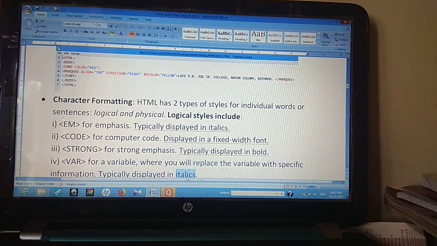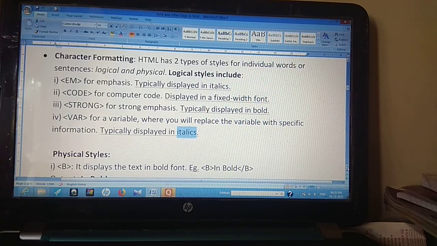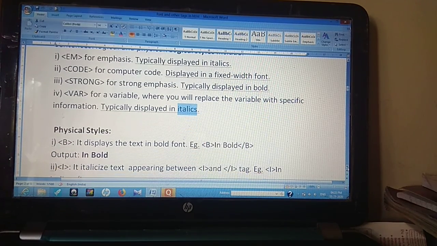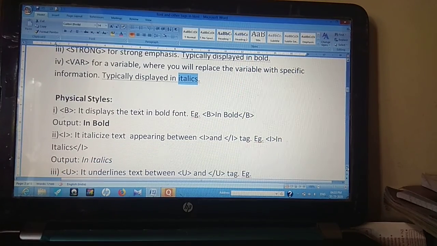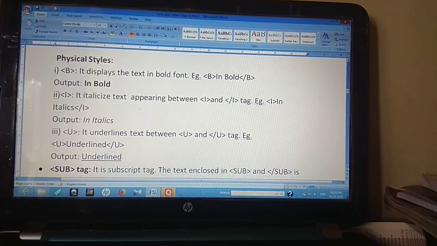The VAR tag helps us define the character formatting of variables that we are using in HTML, giving specific information about them. So these are the character formatting tags, which are divided into physical style tags or logical style tags.